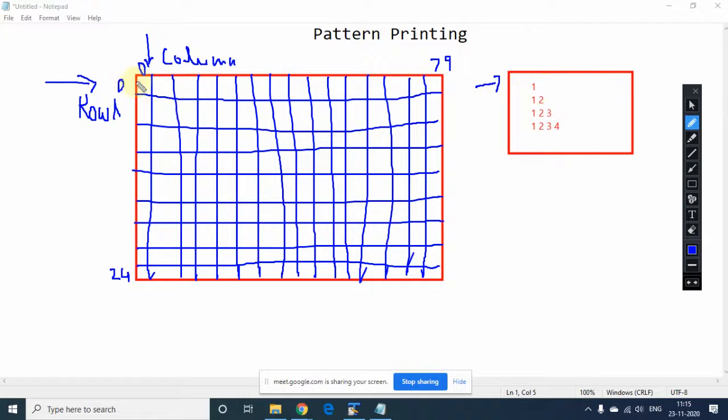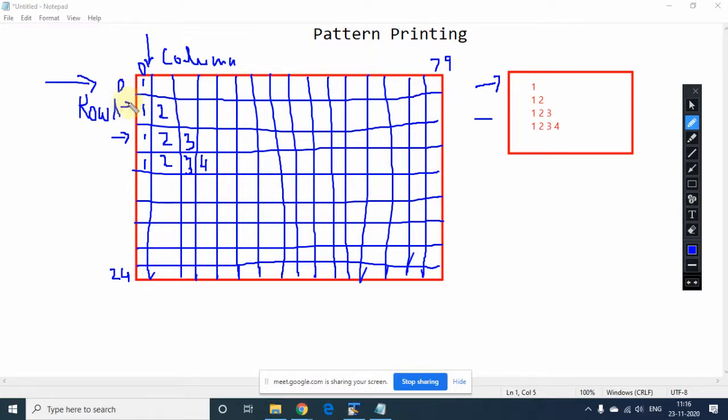You get 1 on the first row, first column, then on the second row you get output in 2 columns. On the third row you are printing 1 2 3, each in a separate cell, and the fourth row also. So we can say the printing starts row wise, and after printing the first row you come down to the next row.